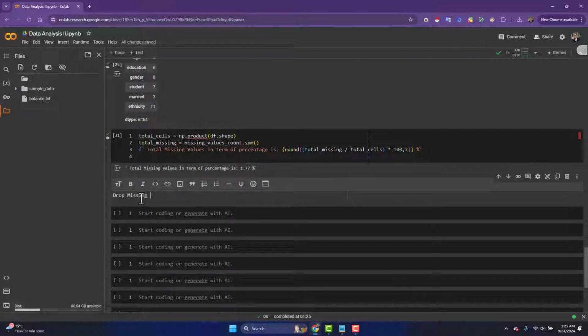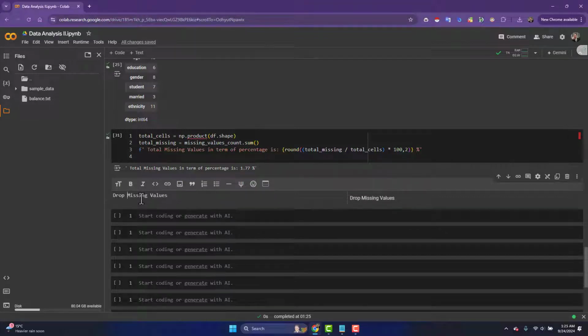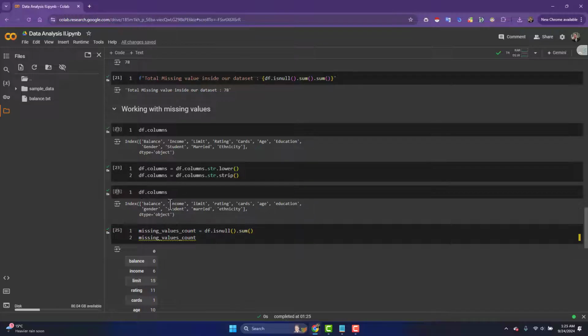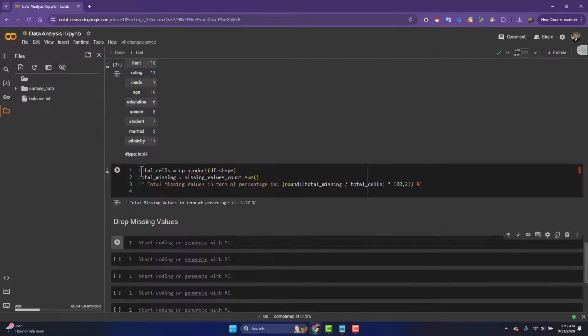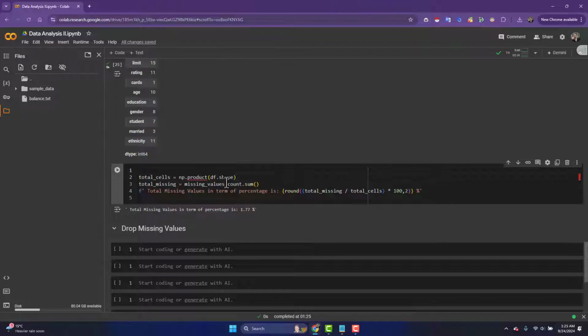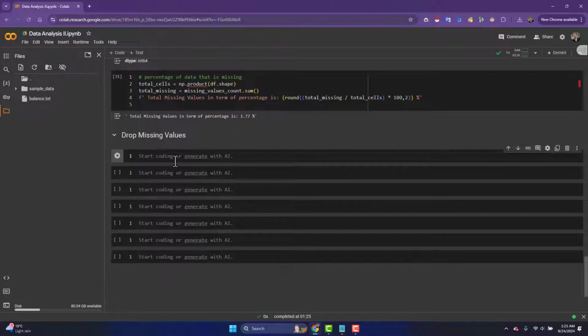drop missing values, right? So we are working with missing values, then we have basically percentage, what should I name this? Percentage of data that is missing. Can say something like that, right? Just a simple comment. So okay, now we are working with drop missing values, so we're going to drop the